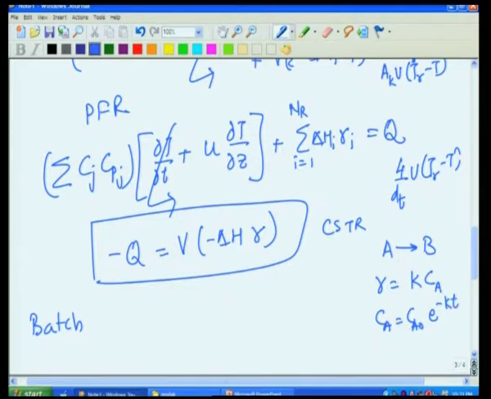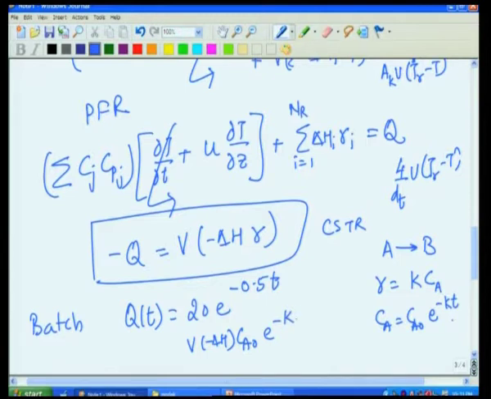If I take all this together, that is concentration decreasing exponentially with time, and put it back into this, I will get my heat of removal, V minus delta H Ca naught e raised to minus kT